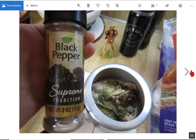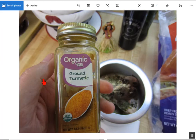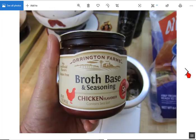I add the black pepper because I'm going to add also some turmeric. And when you add black pepper together with turmeric, it allows the turmeric, all the good things that are in there, to be absorbed more easily by the body when it has the pepper in there. And also the turmeric adds a little golden color too. It's kind of nice. And I only add a spoonful of this Orrington Farms, just to add a boost to